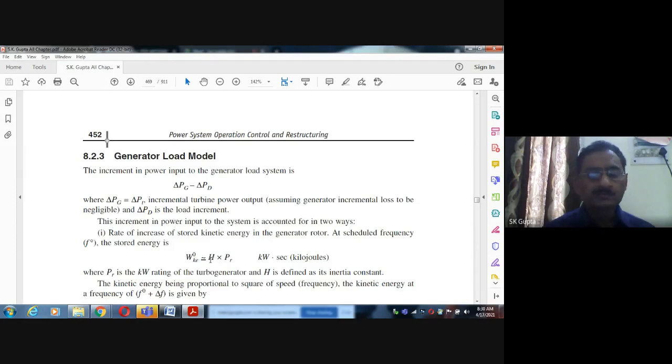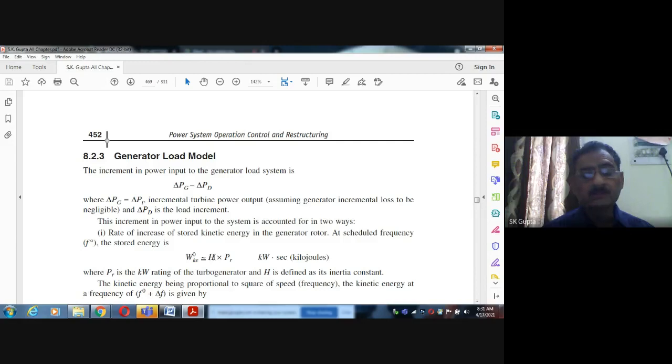Why is it required to define the inertia constant? क्योंकि देखिए, when we study the generator, the kinetic energy will be stored for each generator, but since we know the rating in standard terms, we know the rating of the machine, multiply it with this inertia constant, because this is constant, so both together will give you how much energy has been stored in the rotor. कोई भी जनरेटर है, छोटा है बड़ा है, तो आप उसका पता कर देंगे कितना एनर्जी उसके अंदर स्टोर हो गई है। That stored energy is responsible for the stability of the system,